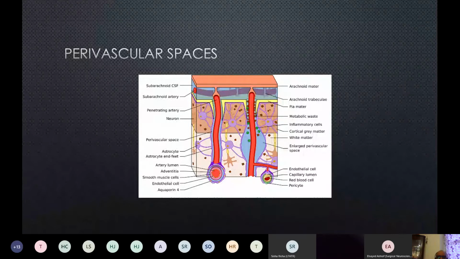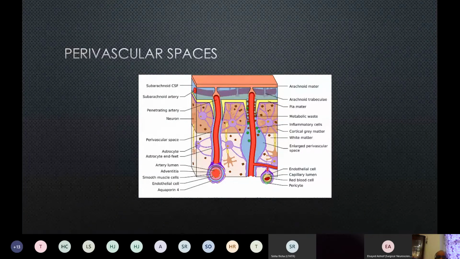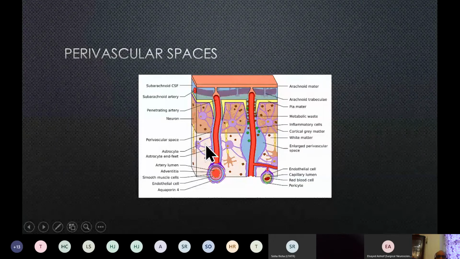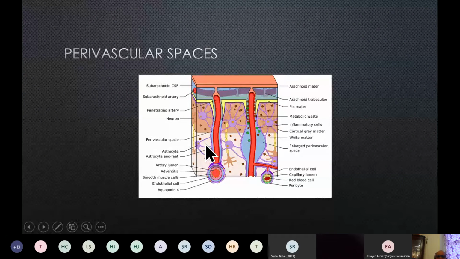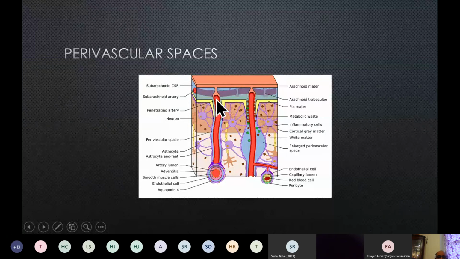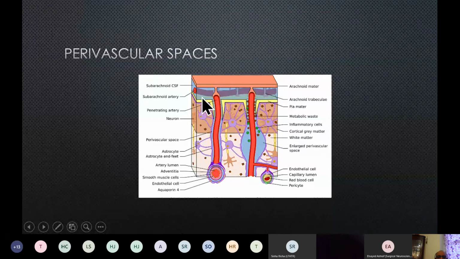not just because we see them during imaging, but it's very important to understand they play a very, very vital role in homeostasis around the brain substance. So you've got the dura and the subarachnoid space over here with the arteries within the subarachnoid space, and as they start penetrating the brain substance, they will get covered with a bit of CSF space on either side, and that is basically the perivascular CSF